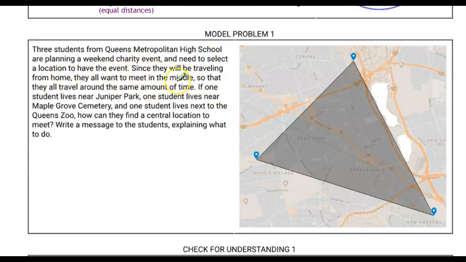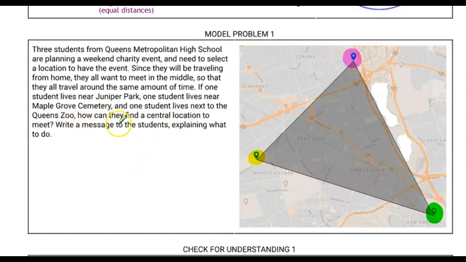Since they're going to be traveling from home, all their homes are here, here, and here. They want to meet in the middle, which makes sense. They don't want one person to travel for longer than the other, so that they all travel about the same amount of time. If one student lives near Juniper Park, of course, Juniper Park over here. If one student lives near the Maple Grove Cemetery, which is down here in Kew Gardens, and if one student lives next to the Queens Zoo, which is over here in Corona, how can they find a central location to